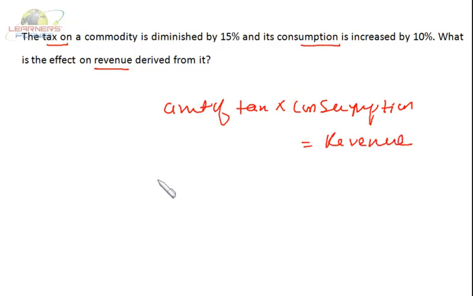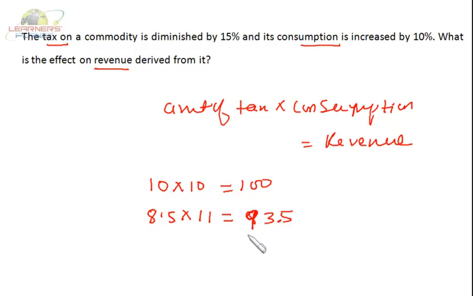Now suppose the amount of tax is 10, its consumption is 10, that means the revenue is 100. Now tax is diminished by 15%, that means the new tax is 8.5. And the consumption is increased by 10%, that means the new consumption is 11. Now we have to see the net impact. 11 into 8.5,